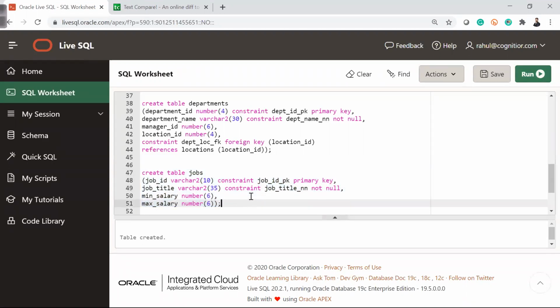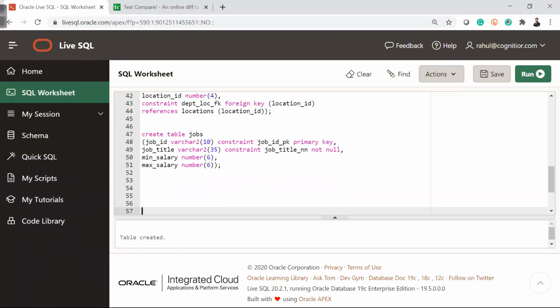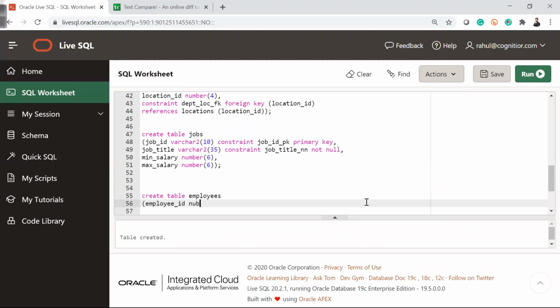Perfect. Then we'll create the main table, which is the employee table. And here we'll see some more cool stuff, one more new constraint basically. Create table employees. Now here I will have employee ID number, let's say 6, comma.